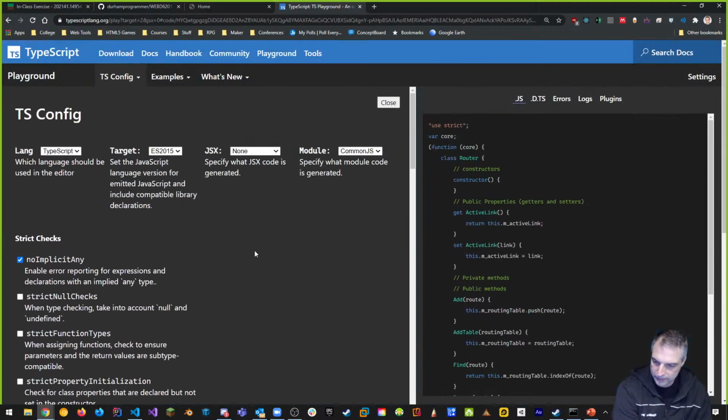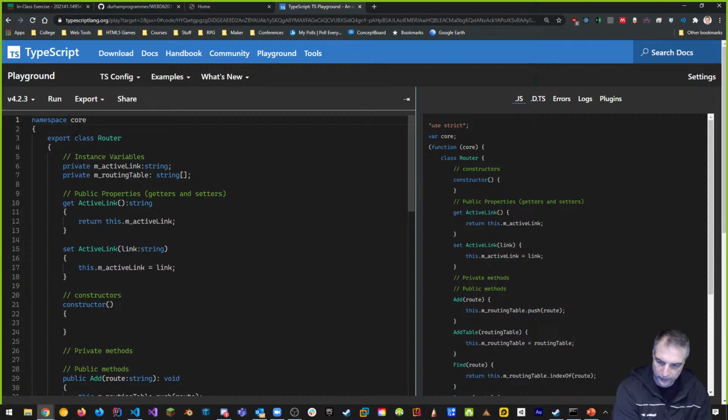Once you select these features, it converts from TypeScript into JavaScript, something that's recognized by the compiler. That's important to do.